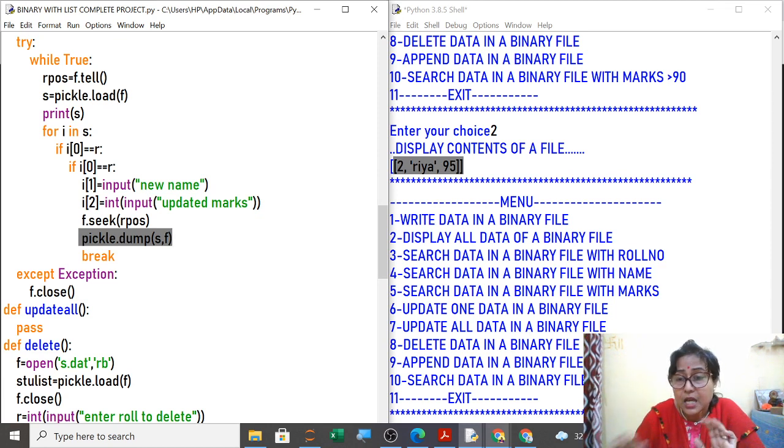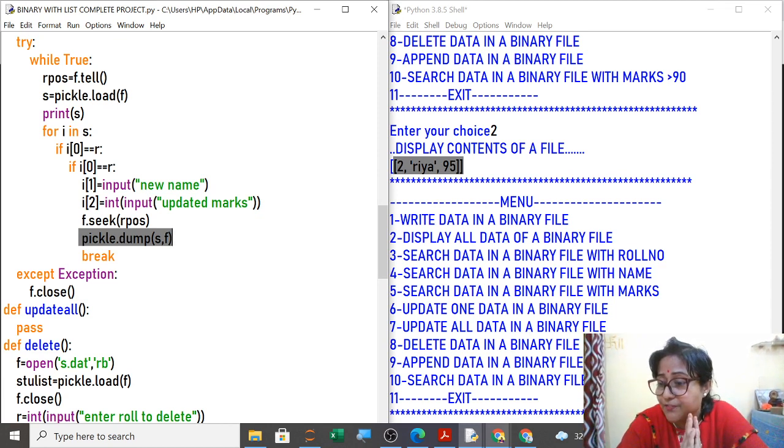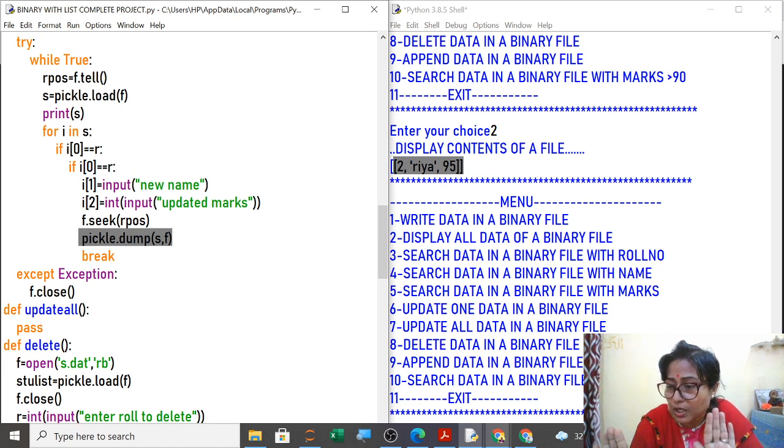Updation is overwriting. So now you are not using a temp file like previously we were writing the records in a temp file. There, the records which are not to be updated you were directly copying to the temp file, and the record which is to be updated, you were just taking the new values from the user and storing in the temp file. Then you were renaming the temp file with the original one. That was one method. Second method is using tell and seek also you can do it.